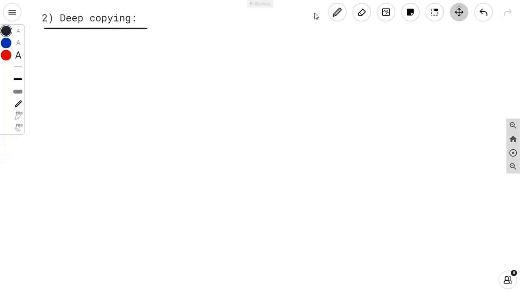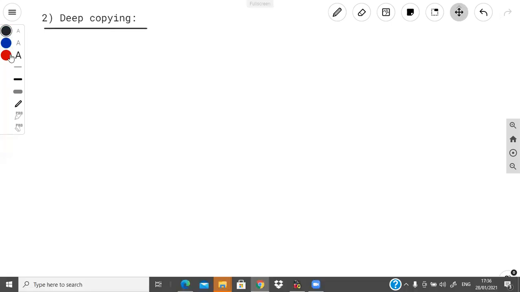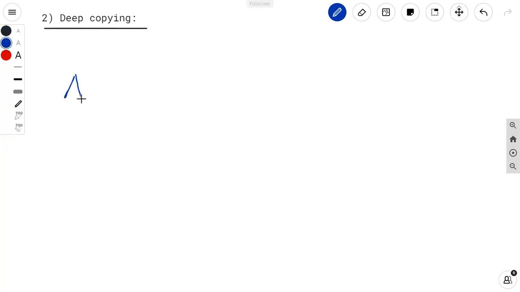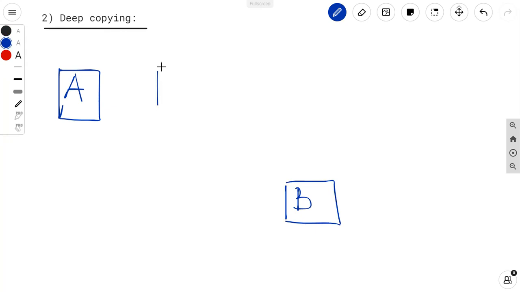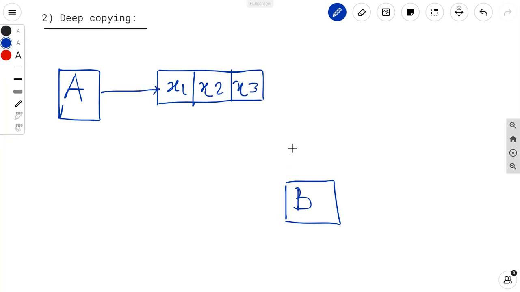Okay, for example, again we will take the same diagram. I have two objects. One is object A, and I have one more object which is object B. Suppose A contains the data members x1, x2 and x3. These are the three data members in object A. Now what happens in deep copy?